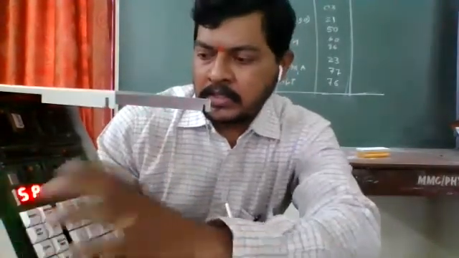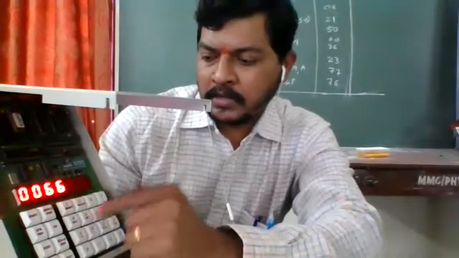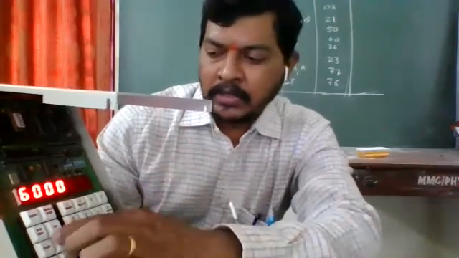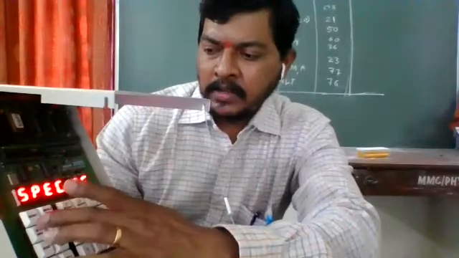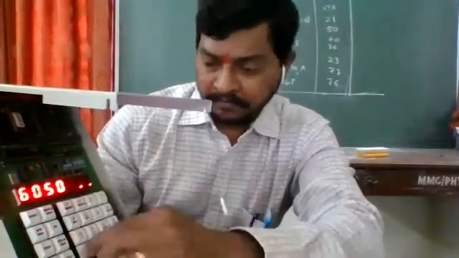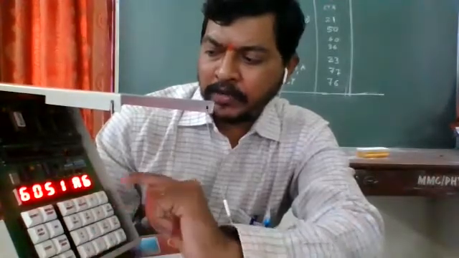Done. Reset, then go to the memory location starting address, 6000, right? This is the starting address of our program. Then execute. So it has been executed. Reset again, substitute memory 6050. Here we are having our data, and at 6051 we are having A6 now. Yes sir, right. Very good.